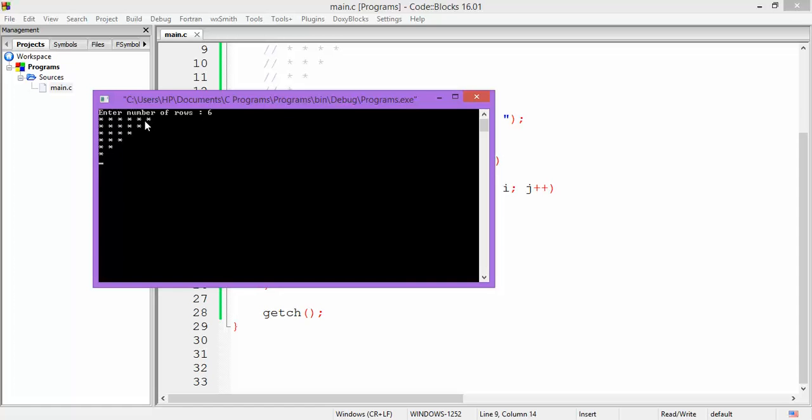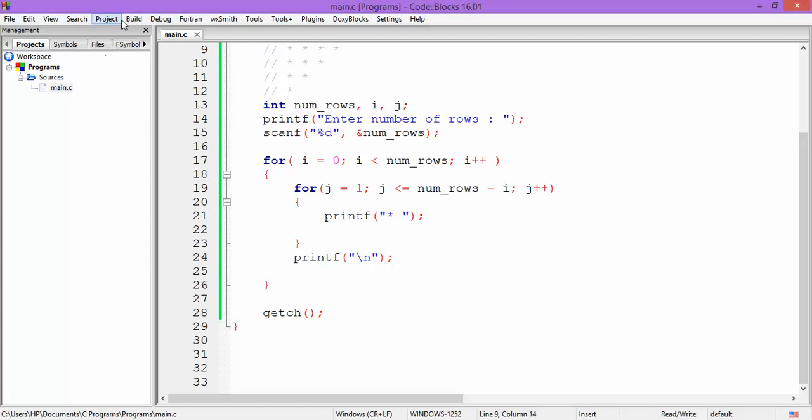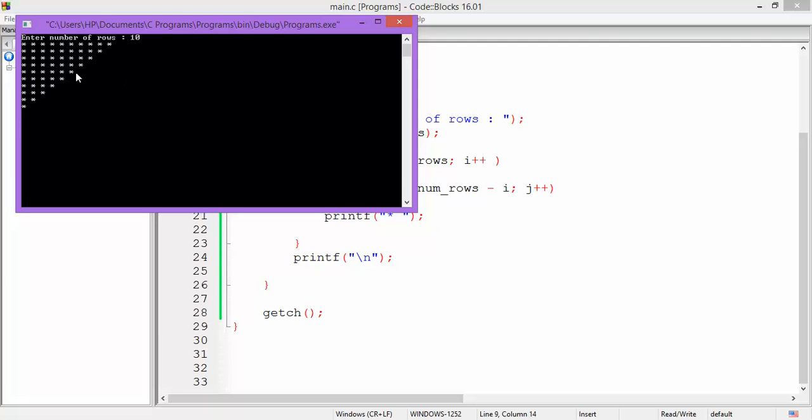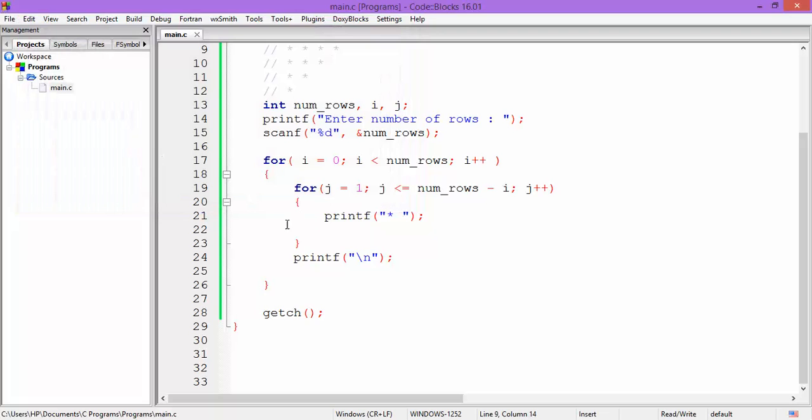First row has got 6 asterisks, then the second row has got 5 asterisks. Like that it is decreasing, and the last row has got a single asterisk. That is exactly what we wanted. Let us try it for a different input. So again it has printed correctly. So our program is working fine,